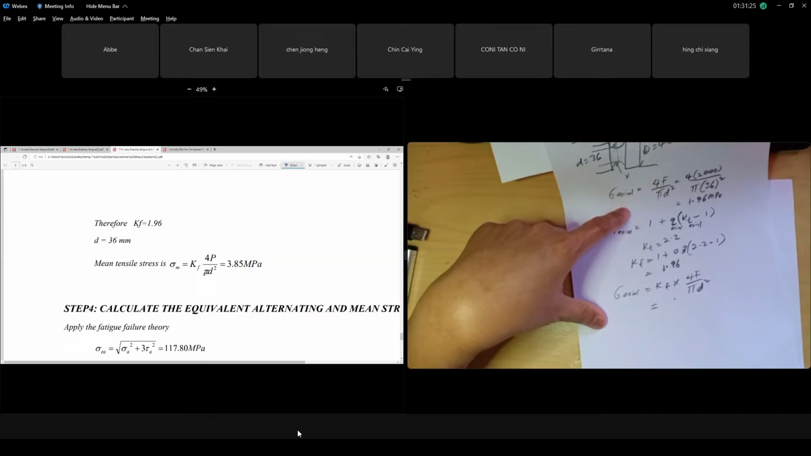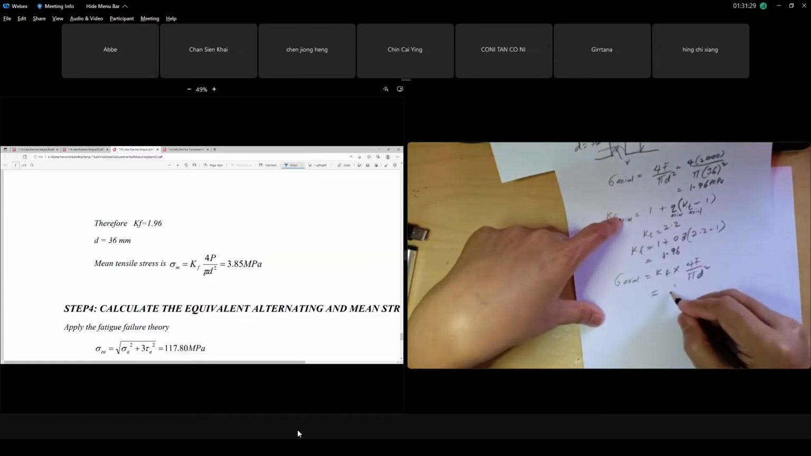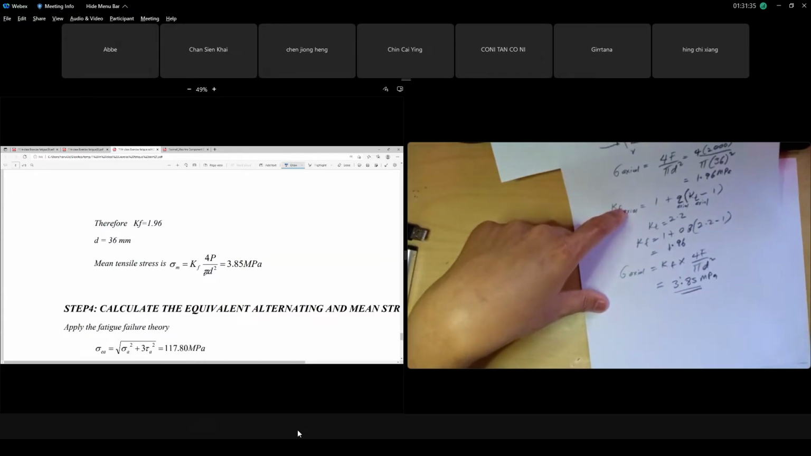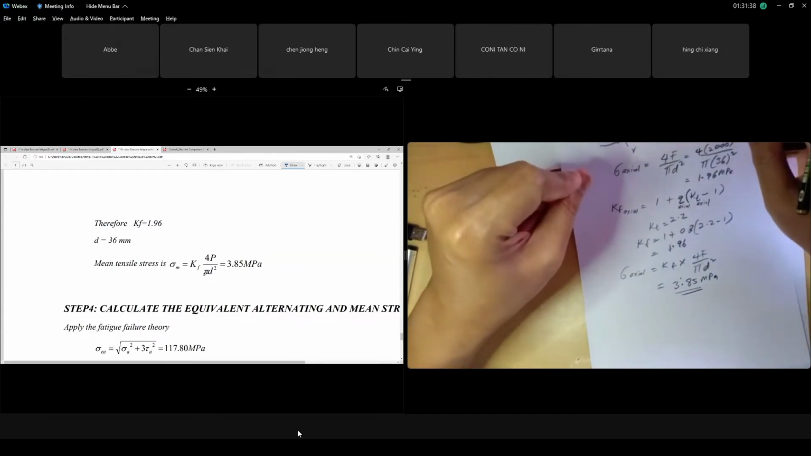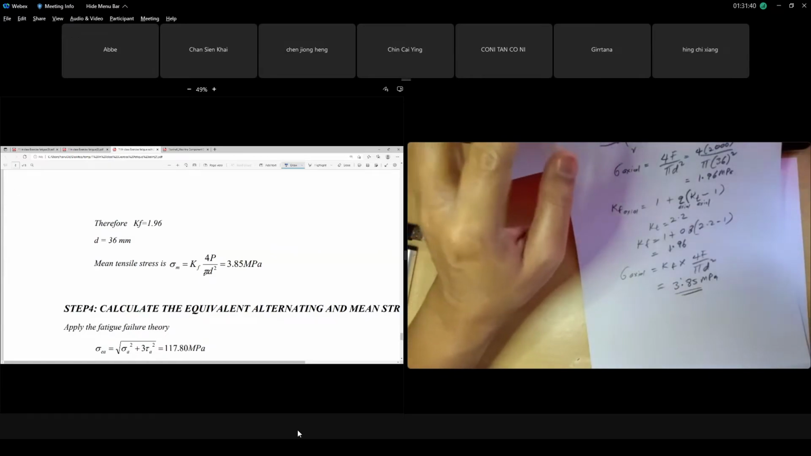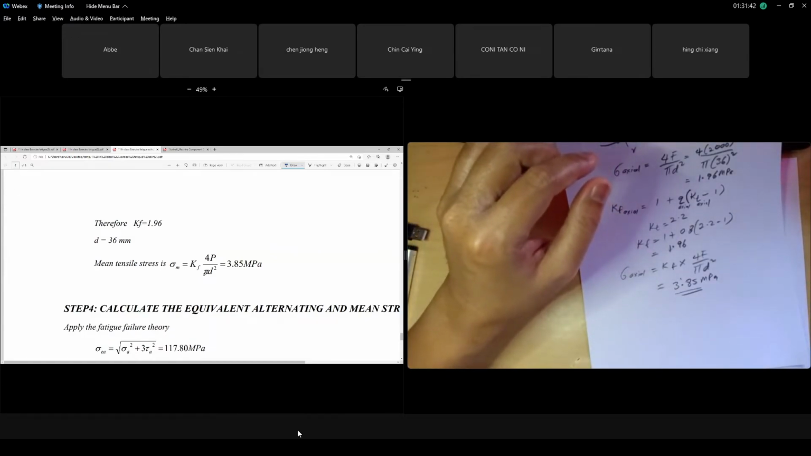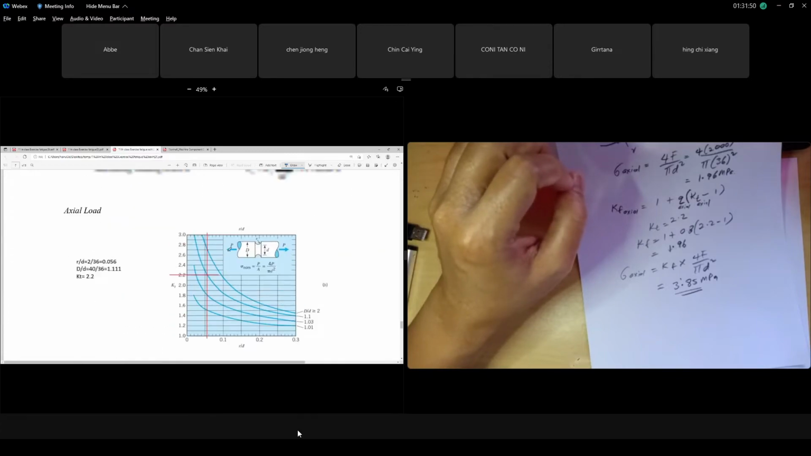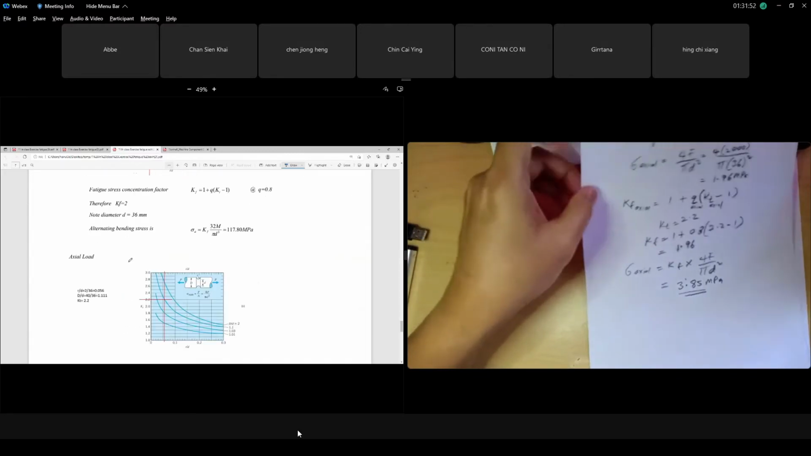1.96 times 1.96, so the value is 3.85 megapascal for your axial. Okay, axial for you is 3.85 megapascal. Alright, at the groove. Okay, understand, class? The one you focus on is at the groove. Now, if you look at point A, class,